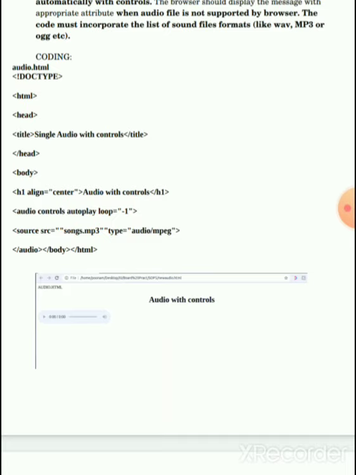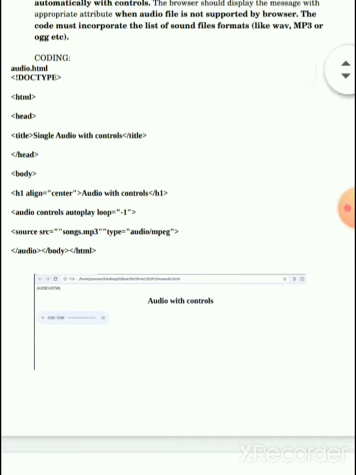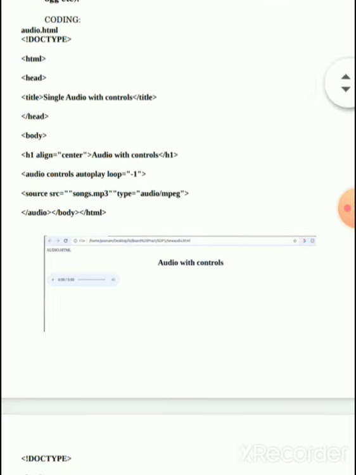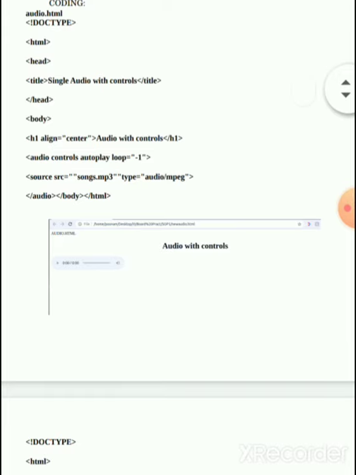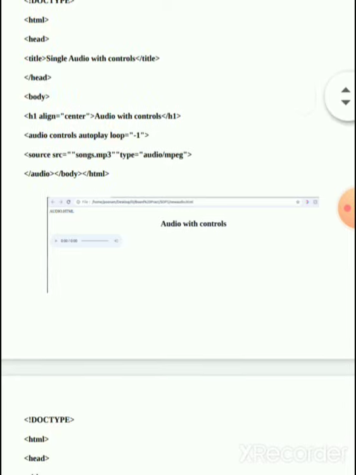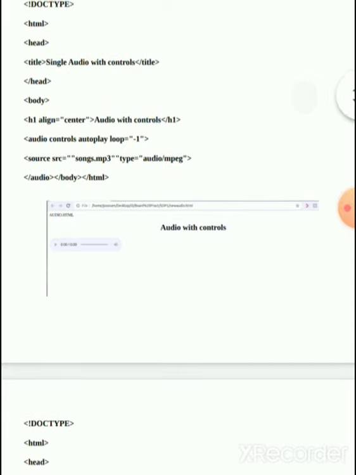Basically, HTML5 features include native audio and video support without the need for Flash. The HTML5 audio tag makes it simple to add audio to a website. Yes my dear students, you need to set the source attribute to identify the media source and include the controls attribute so the user can play and pause the media.